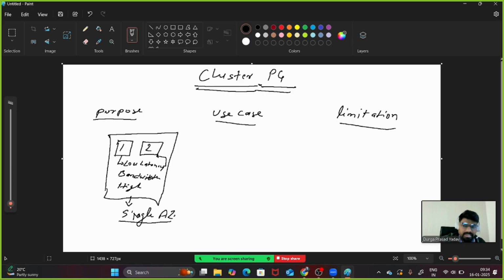You are not keeping one machine in one availability zone and another machine in another availability zone. You have to keep your machines in a single availability zone, then only your machines will get low latency and high bandwidth. High bandwidth means high speed, and low latency means low delay, right?